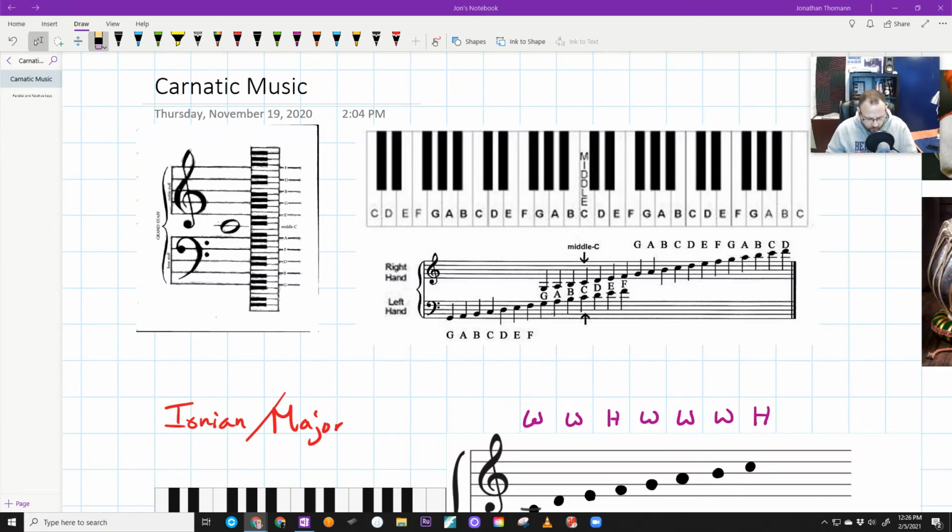All right, so we're going to take some time to really compare and contrast three scales and three different sets of sounds, or even swaras, right? So we've been talking a little bit about Carnatic music in previous lessons. We're going to really dive into the differences and similarities between the major scale or Ionian mode, the Aeolian mode,